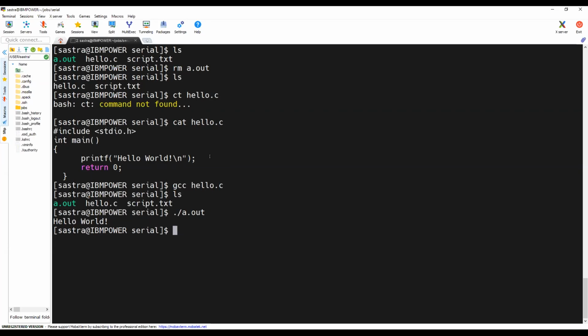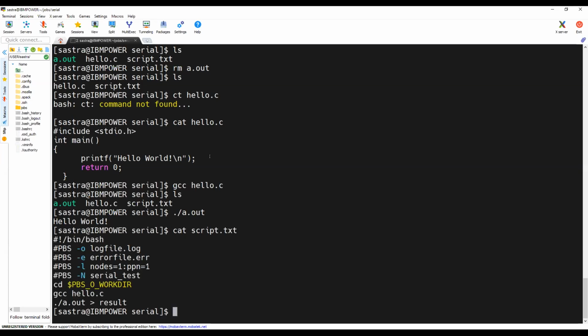If I need to run this program in the cluster, I have to have a PBS script which contains all the inputs: where my log file has to be, where my error file has to be, how many nodes I have to use, and how many processes I have to use.